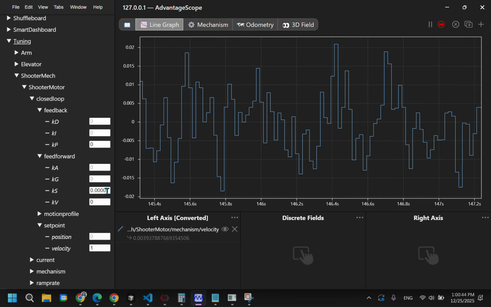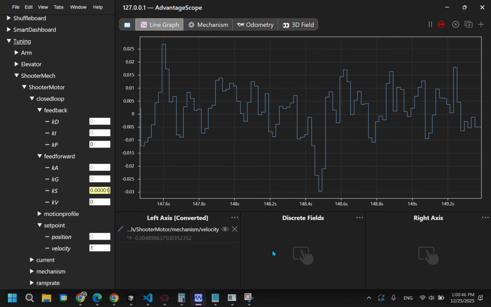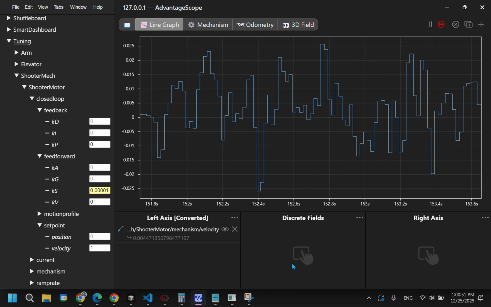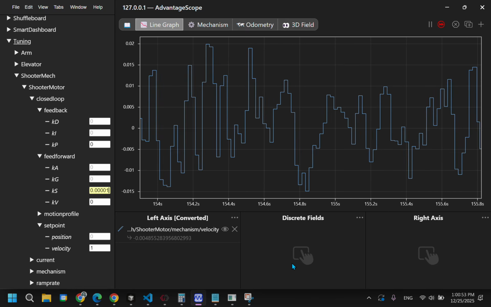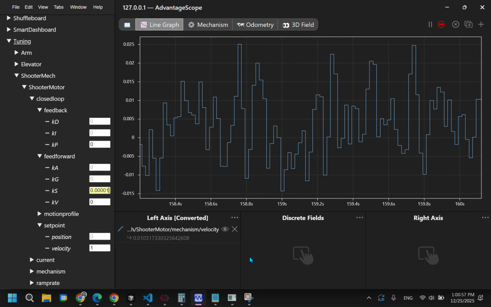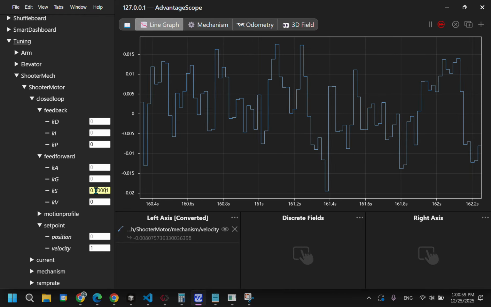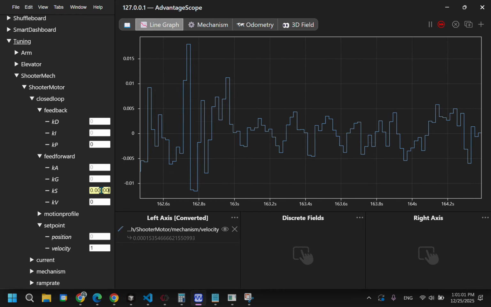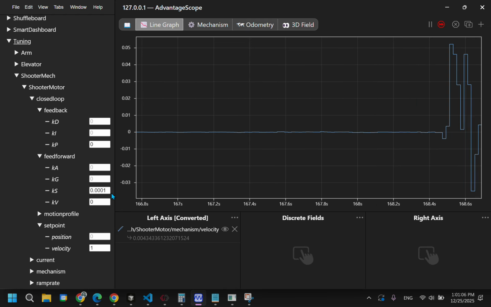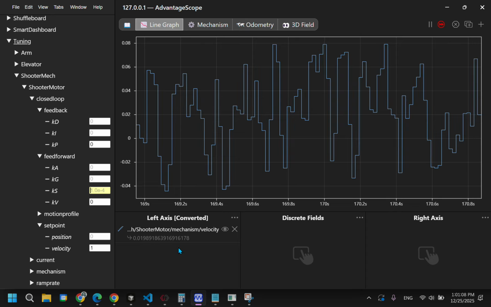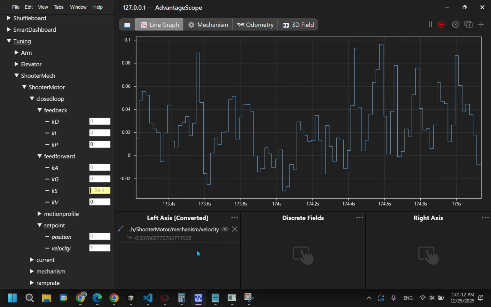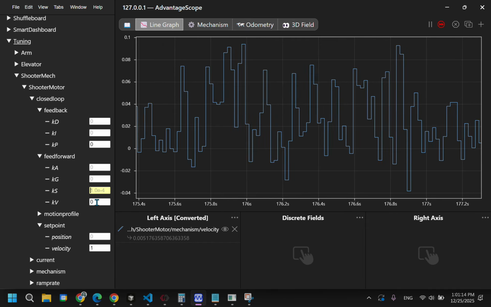It seems like because of how the simulation works that we don't need to tune our KS value, but in real life you do need to tune this KS value and try to make it as close as possible. Let's see. Yeah, it seems like there's no friction, so we don't need to worry about that. Okay, in real life you would tune KS, but now we need to tune our KV